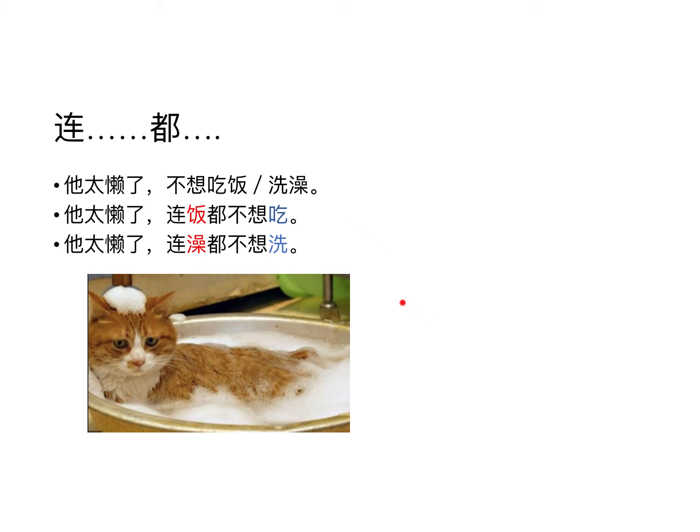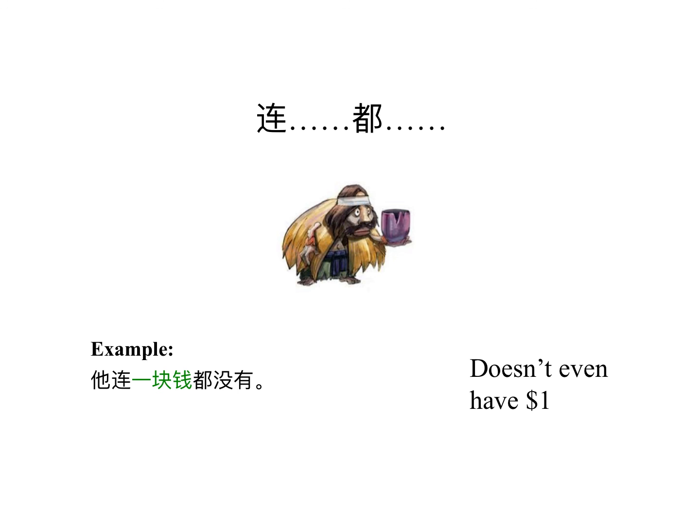How do we say the sentence? 他太懒了，连饭都不想吃。他太懒了，连澡都不想洗。So again, we need to emphasize, we move object after 连 we move the verb after 都。